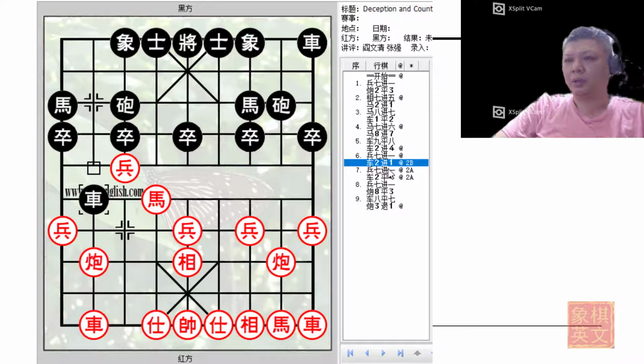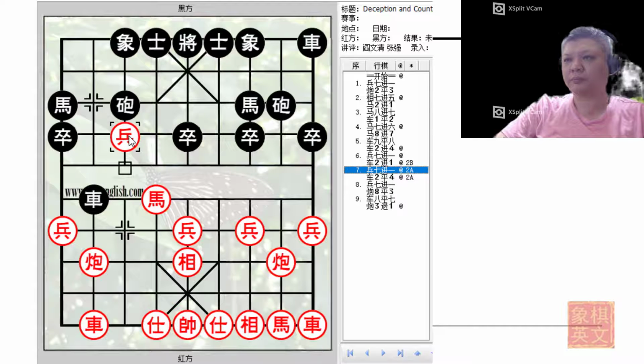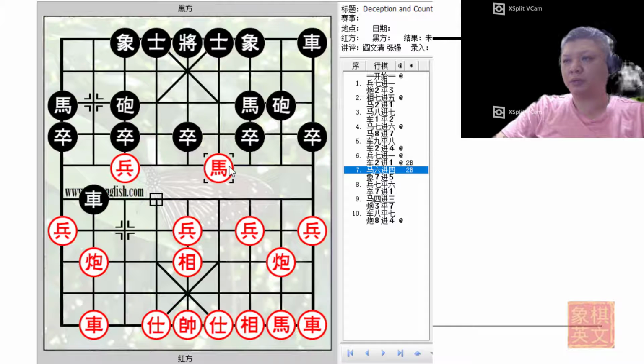So the recommended move for red would be to play p7 plus 1. So at this point in time, the pawn would have made 3 moves, 1, 2, 3. And it would not be a good idea to try to go for h6 plus 4, threatening the black horse, because black would defend,